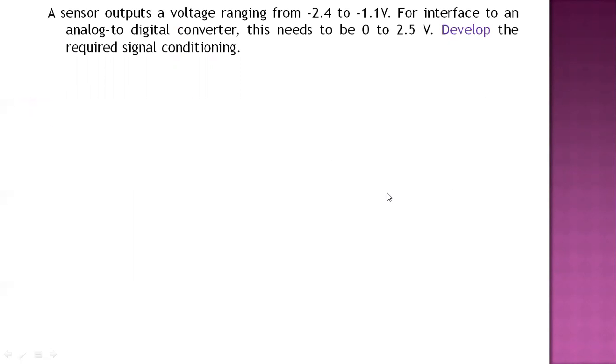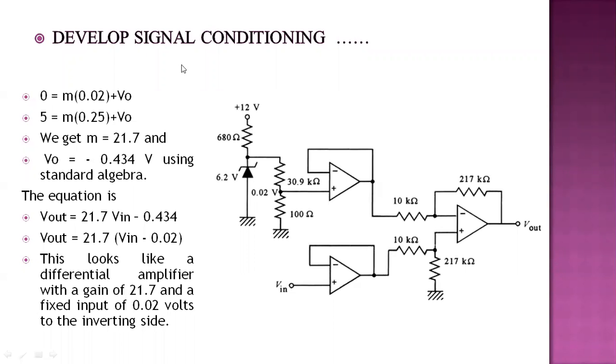Now, in general, when designing a signal conditioning circuit, any required bias voltage should be provided by a resistance divider. In this case also it is done. The bias voltage will be provided using this circuitry and the regulated power supply also. So plus 12 volt is given over here. Otherwise, any variation of the supply voltage will cause the signal conditioning to be in error, since the bias voltage would be wrong. So often a simple way to provide some comfort about the stability of the source to be divided is to use a Zener diode, which is done here, as we can see in this circuit diagram.